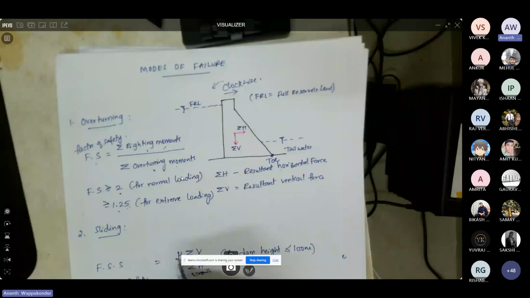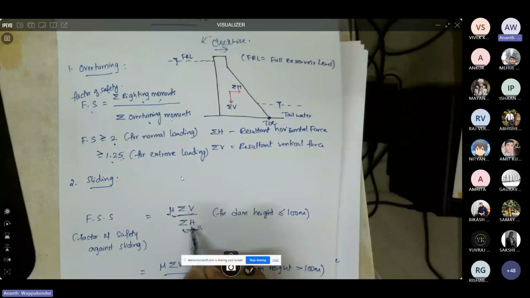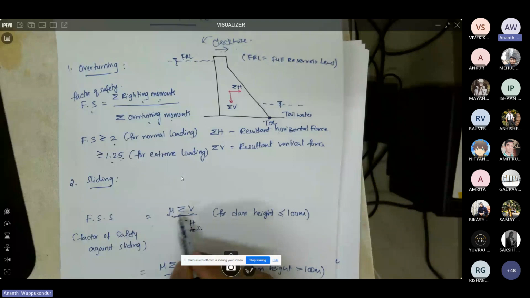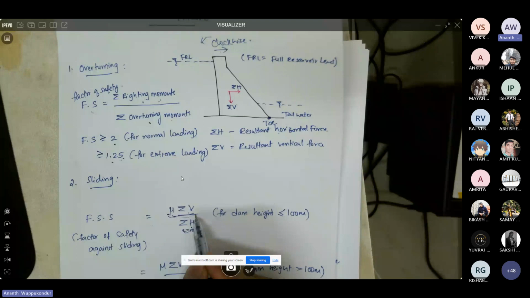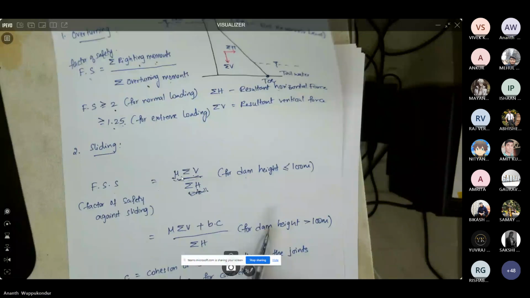So the resultant horizontal force that is trying to move the dam in the horizontal direction is counteracted by this frictional force. And this factor of safety should be at least 2 for normal conditions, and it has to be at least 1.2 for extreme loading again. Now this is for small dams. If you consider higher dams, where the height of the dam is more than 100 meters, then